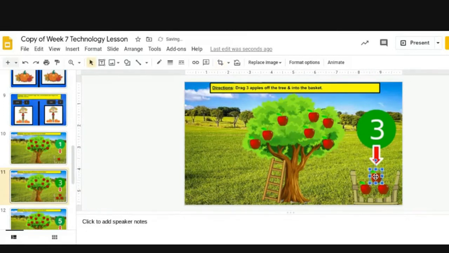If you make a mistake, Control Z will bring the apples right back. You don't want to hold Control Z down, because just like when we paste, it'll keep undoing everything you just did. So you just want to tap on that if you're going to use that. So again, I'm going to drag the 3 over